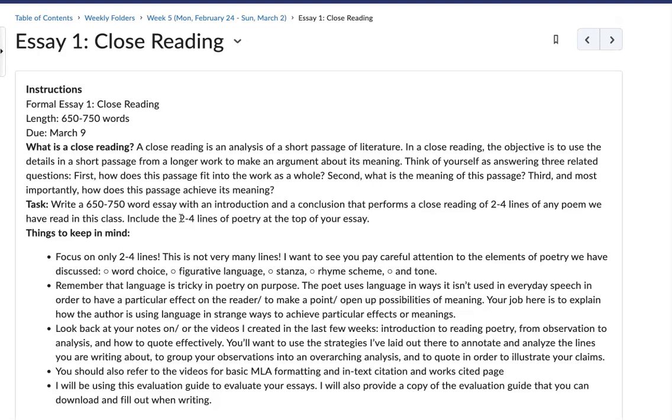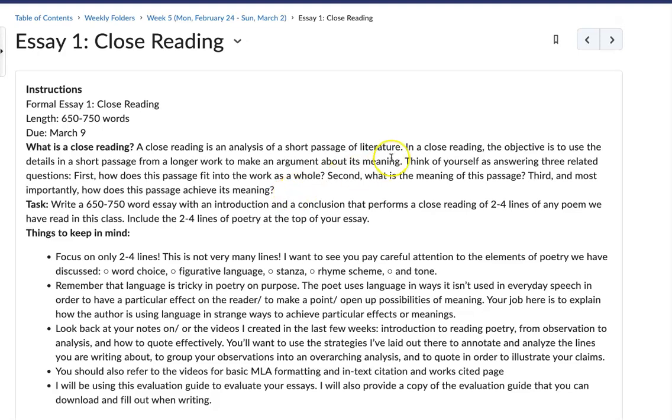And I don't really want you to refer to any other parts of the essay. You remember that language operates differently in poetry than it does in other types of writing. And for that reason, it's a really good opportunity to practice your skills of analysis and of literary analysis. And that's why we start with this close reading, because I really want you to just focus on the skills of literary analysis, and close readings are really that distilled.